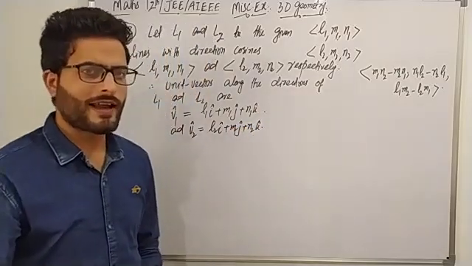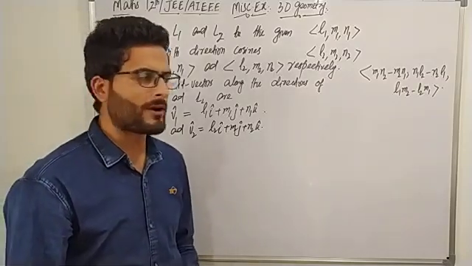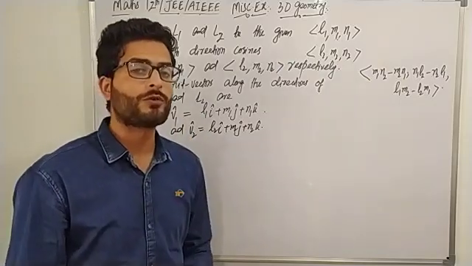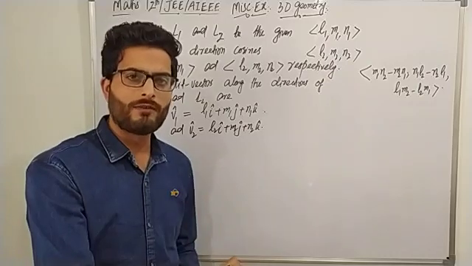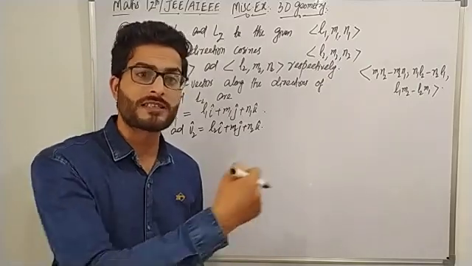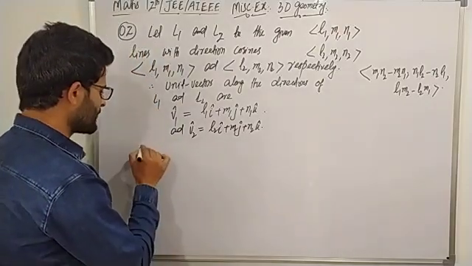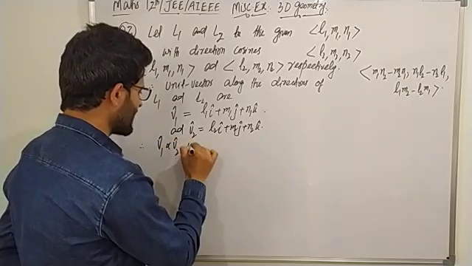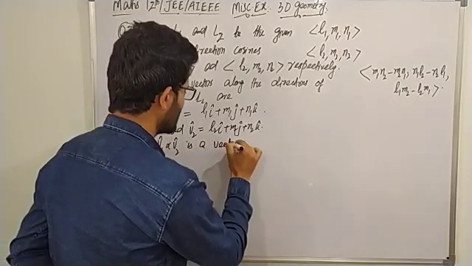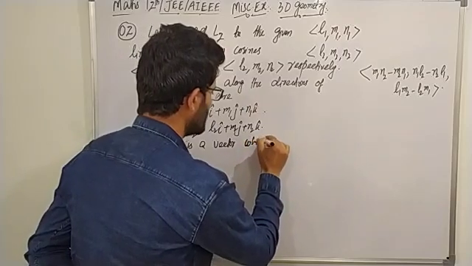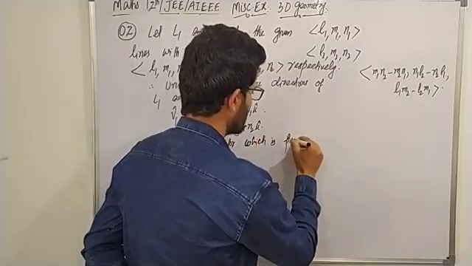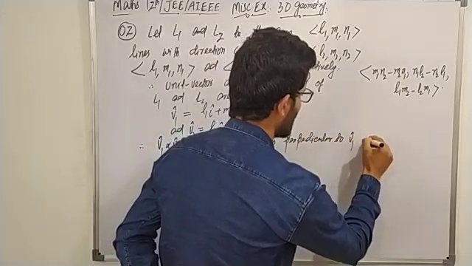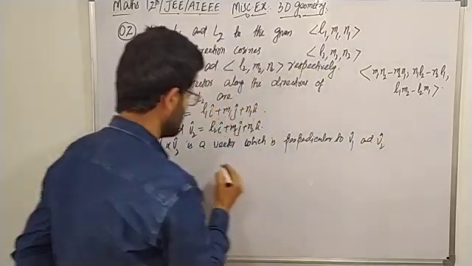Now we have to prove that the direction cosinus of that vector which is perpendicular to these vectors V1 and V2. What would be the vector which is perpendicular to V1 and V2? Must be V1 cross V2, because cross product of vectors is a vector which is perpendicular to both of them. So therefore V1 cap cross V2 cap is a vector which is perpendicular to V1 cap and V2 cap, and also